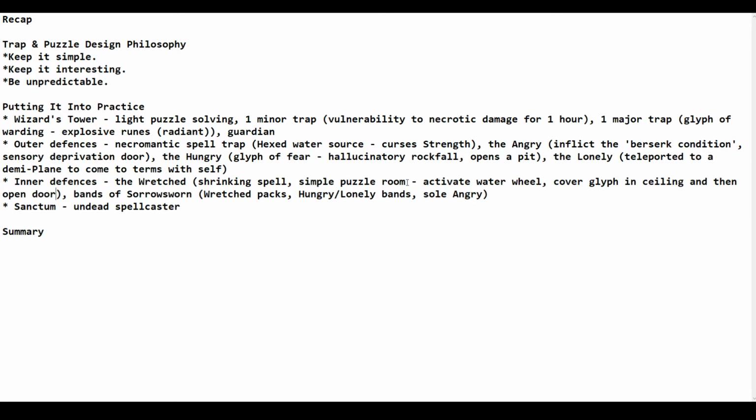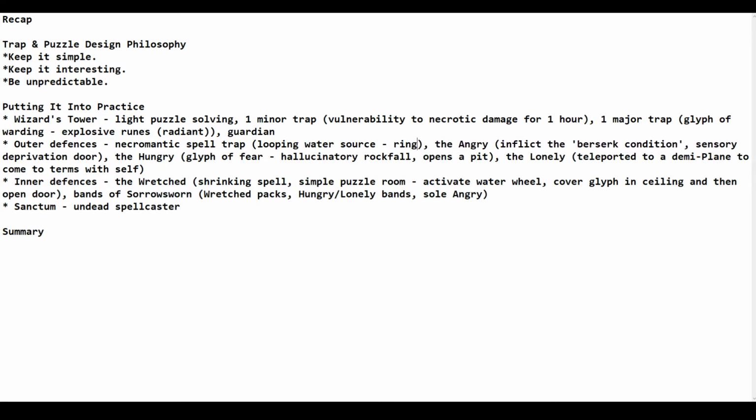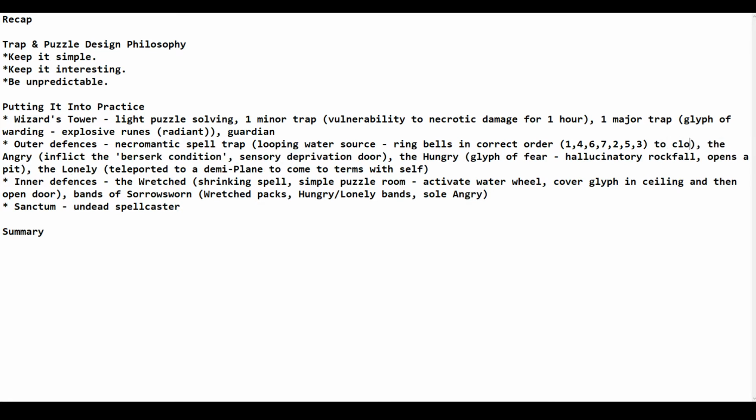So on top of all this, I'll write this down first of all, if I can find my cursor. So, looping water source, ring bells in correct order. And then if we say there are 5 bells, no, if we say there are 7 bells going back to Garth Nix, so it'll be 1, 4, 6, 7, 2, 5, 3, with each being the bell number and then the position being the loop number, so to speak, to close the loop